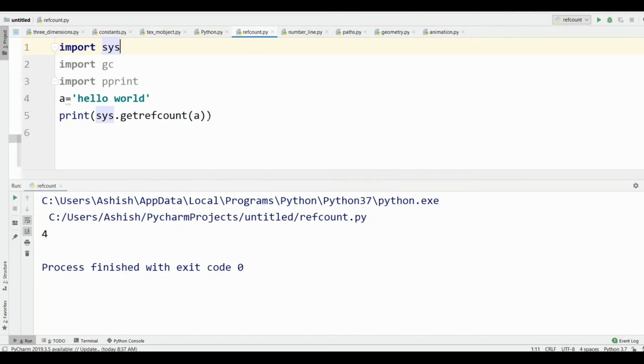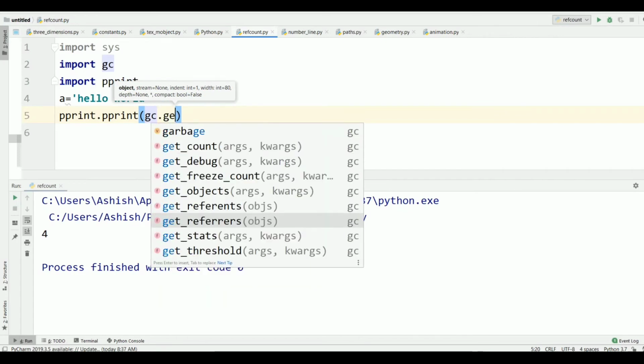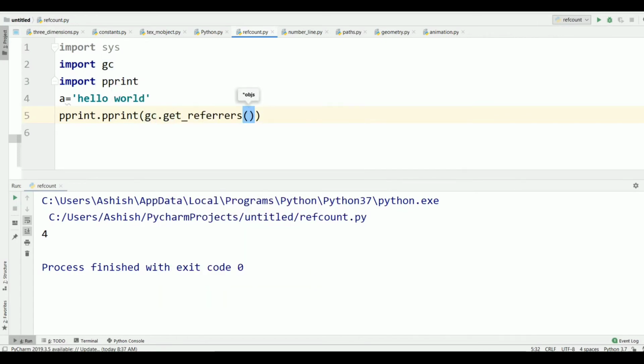Let's see it in action. First we delete this. Now pprint gc.get_referrers of the object and run it.